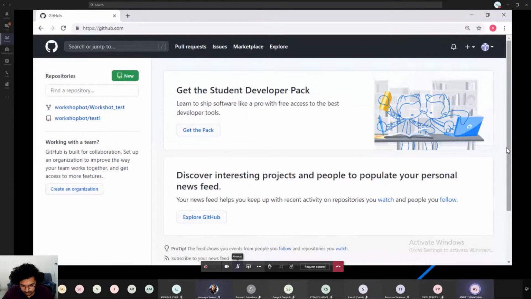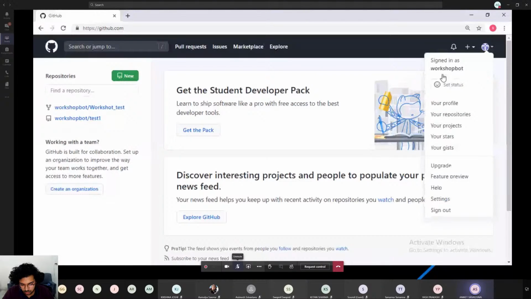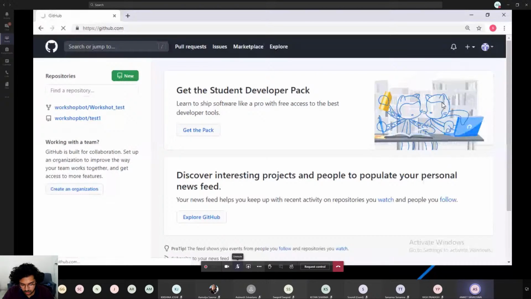See, once you open github.com, you'll notice the usual sign in and sign up options. You need to paste your username and email ID and a password. Once you sign in, this is how it looks. This is the main screen. I've created a new account, so you won't see much here. Let's head to the profile section. You'll see your profile.